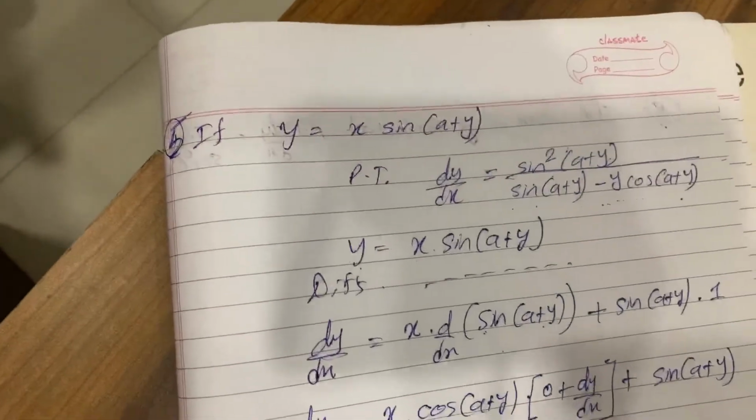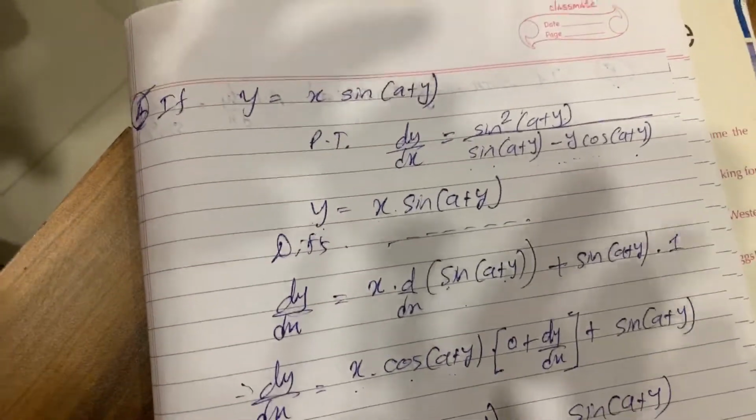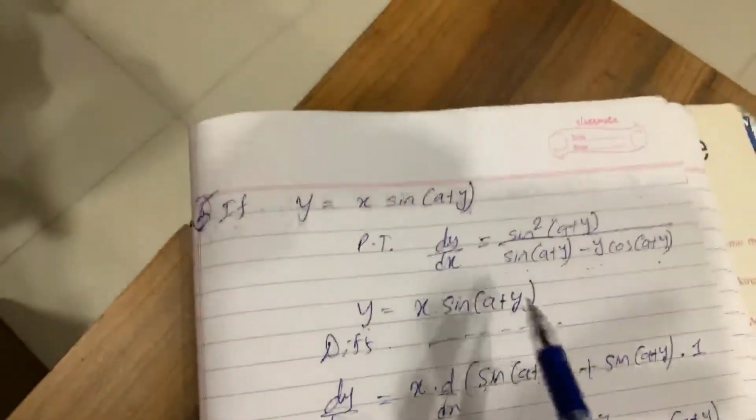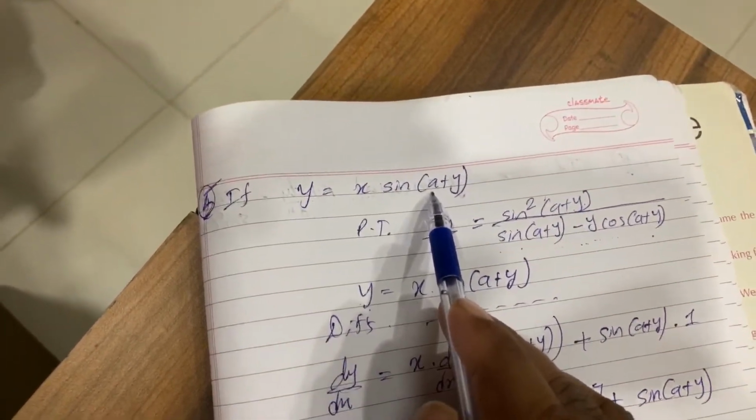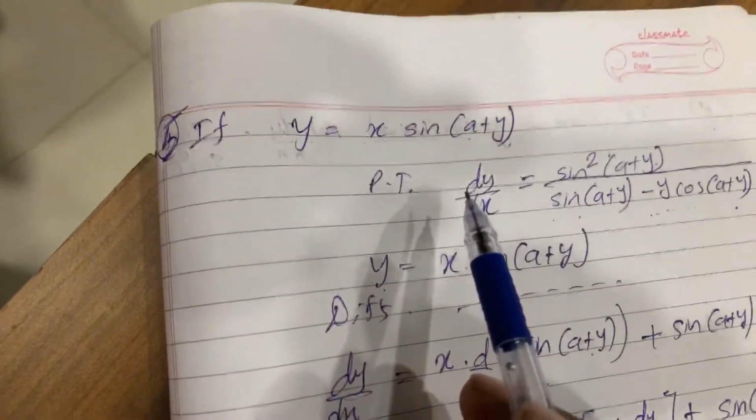So what you should be doing here is, go back to the question. What is x equal to from here? Your x equal to